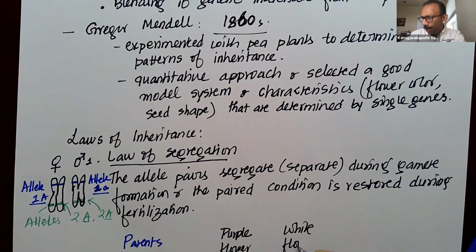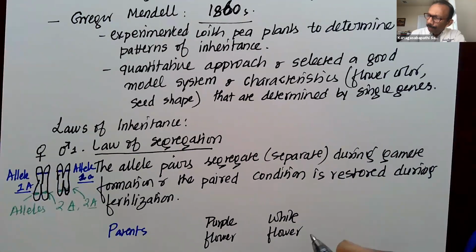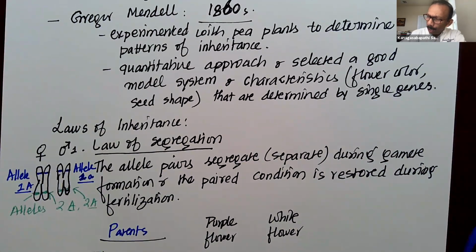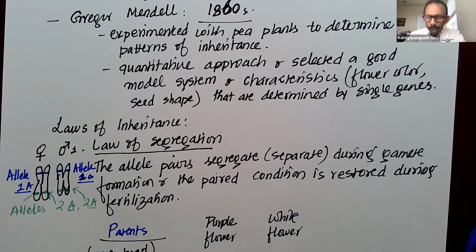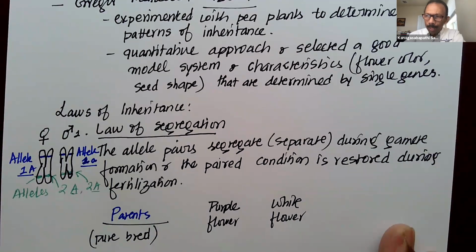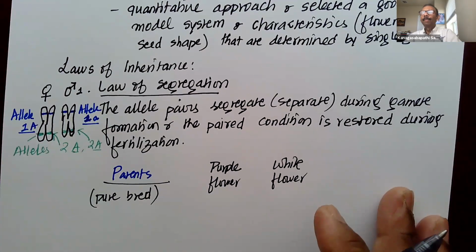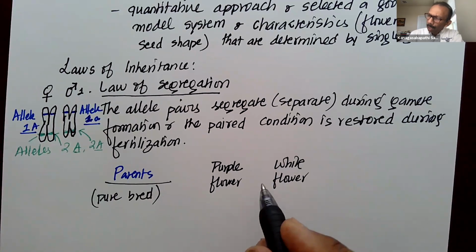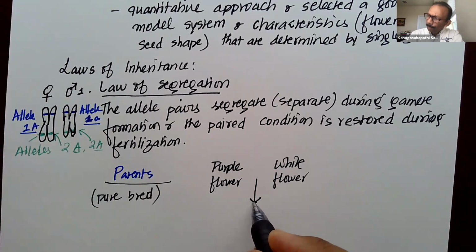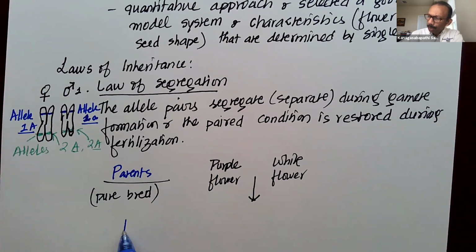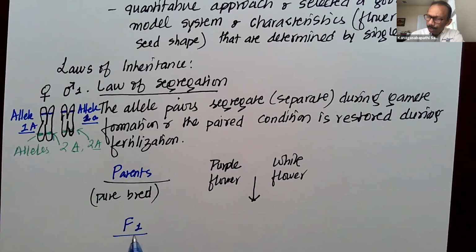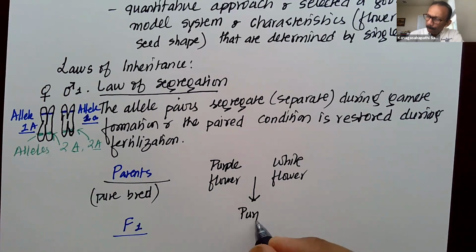So we have 2 types, these are called purebred, means you keep on breeding and breeding for several generations, and everything is purple or everything is white. That's what a purebred means. Okay. So when you get the first generation, which is the F1, filial generation 1, everything is having a